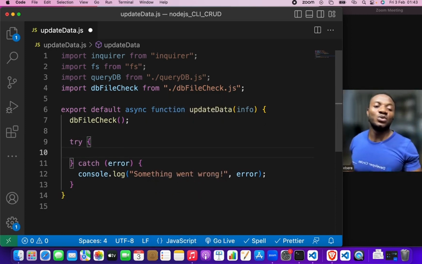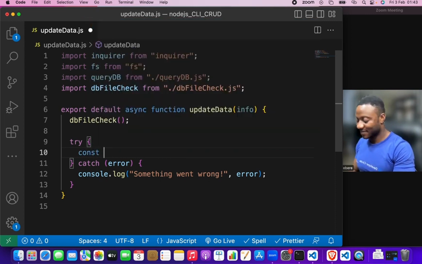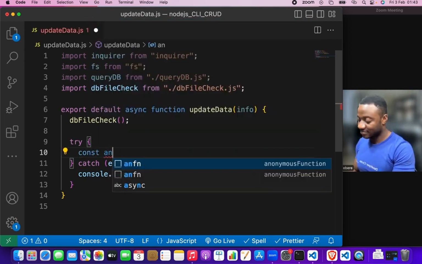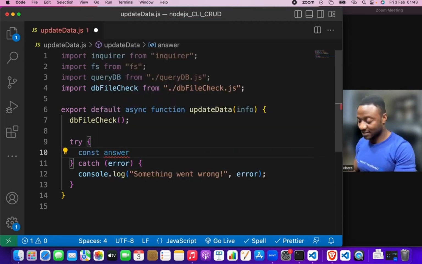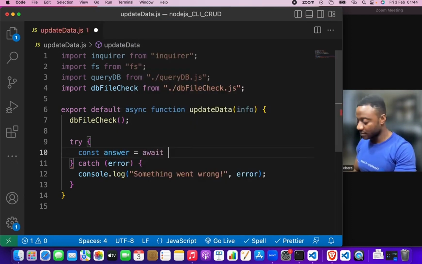Then what we need to do is to know which data we want to edit. So how do we get to know? That is where the unique ID comes in, and that's why the unique ID does not change. So let's ask the user to give us a unique ID. We'll use the inquirer again. So we do const answers, just answers should be fine. Answers equal to await inquirer.prompt